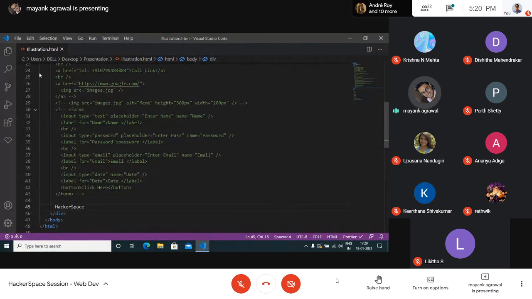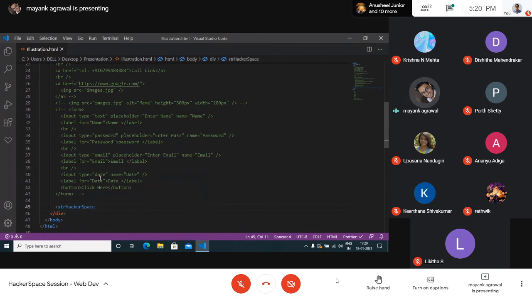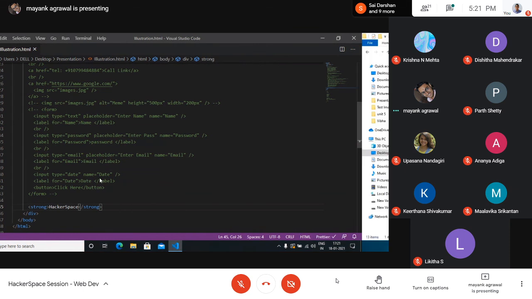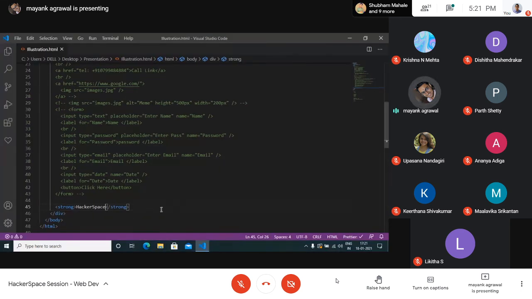If you just write it somewhere inside body, it will anyhow get rendered. So if you want to make this bold, there are two ways you can do this. One is the strong tag, and the other one is the B tag.